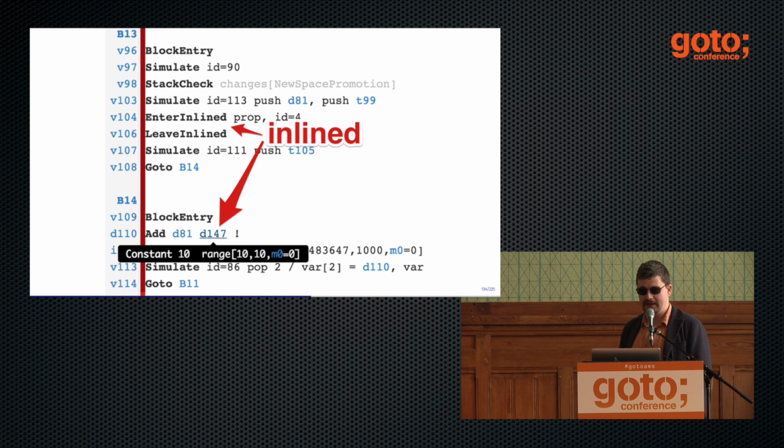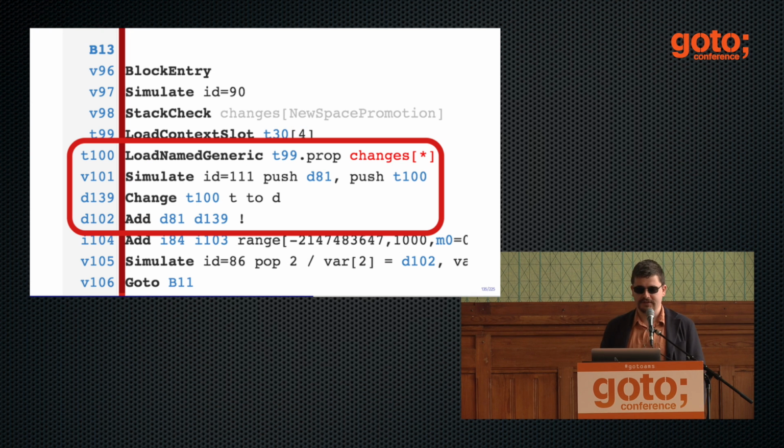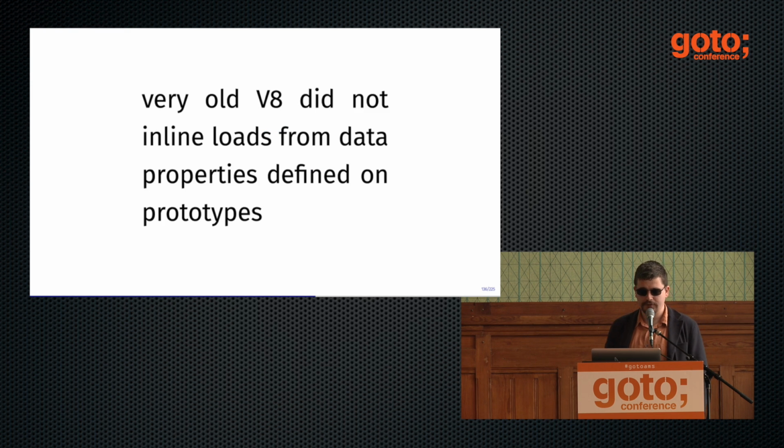So somehow, once we made it a getter, it got inlined. And the same was not happening with the normal property. It was calling this very scary thing called load name generic and looking it up every time again and again in the loop. So it turns out that the blog post was based on a very, very, very old V8, which could not handle the properties defined on the prototypes as well as it could handle the getters defined on the prototypes. So getters it could inline and everything was very good, but the property it would look up through this very slow process again and again.